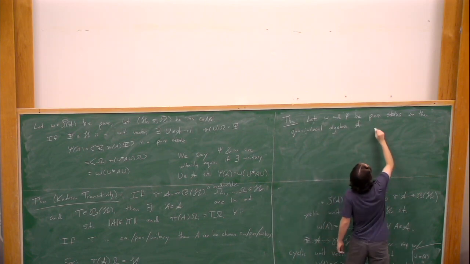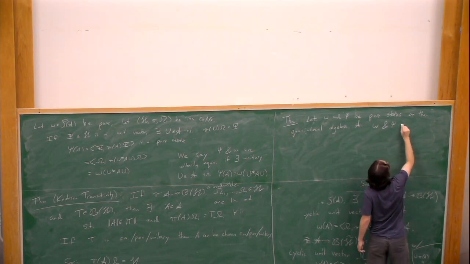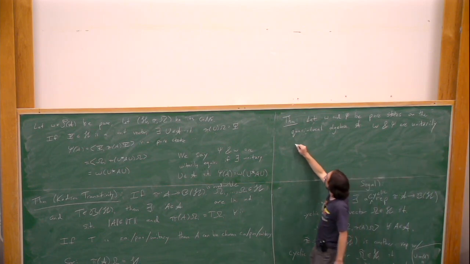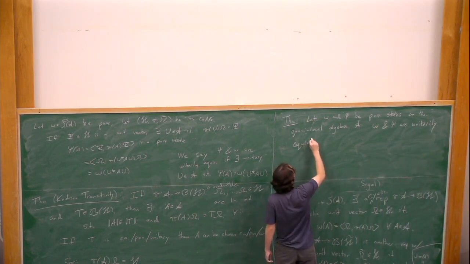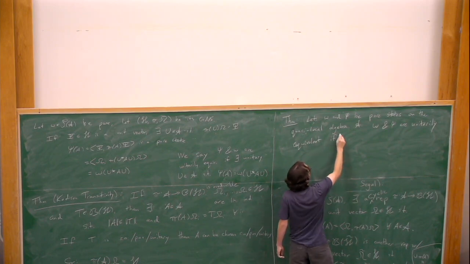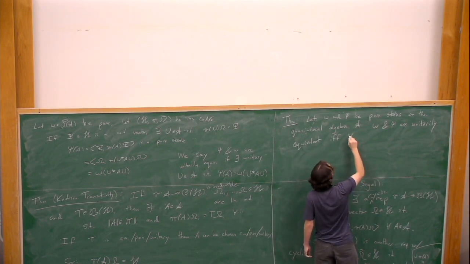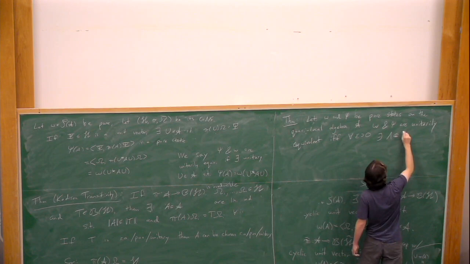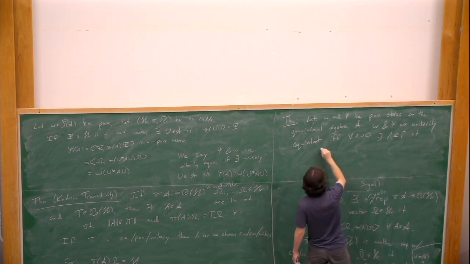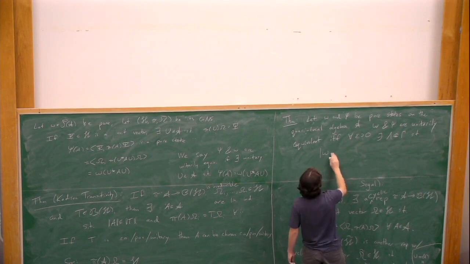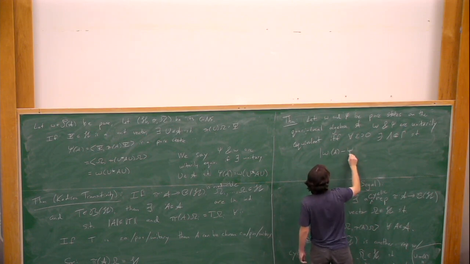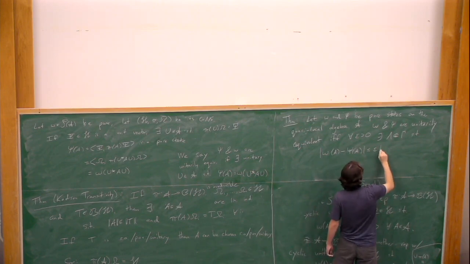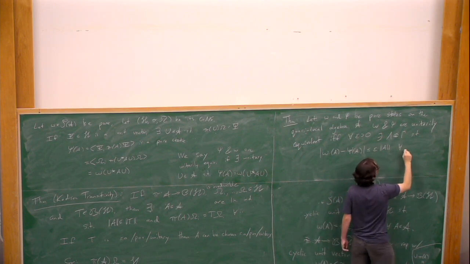Omega and psi are unitarily equivalent if and only if, for every epsilon, there exists a finite subset, lambda, such that outside that finite subset, these states are extremely close to each other, or epsilon close to each other. So |omega of A minus psi of A| is less than epsilon times the norm of A for all A